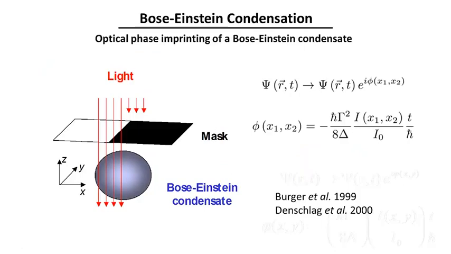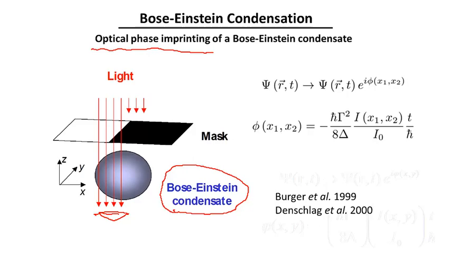Here's an example of the generation of solitons in a Bose-Einstein condensate by the use of optical phase imprinting. And the way the experiment is done is that there's a cloud of gas in the Bose-Einstein condensate. Then it's illuminated by near-resonant light, and there's a mask that shadows half the condensate from the light, and the part that's illuminated acquires a phase shift, which is just due to the AC Stark effect, the light shift potential. And then one looks at the evolution of the condensate after that,